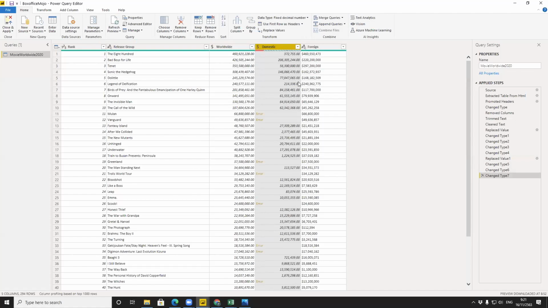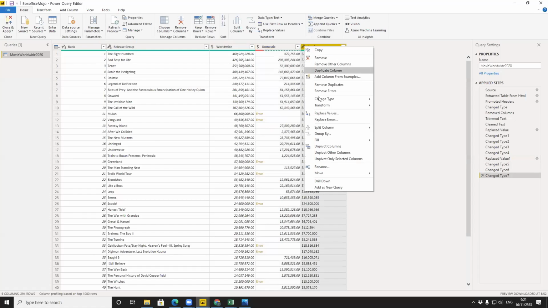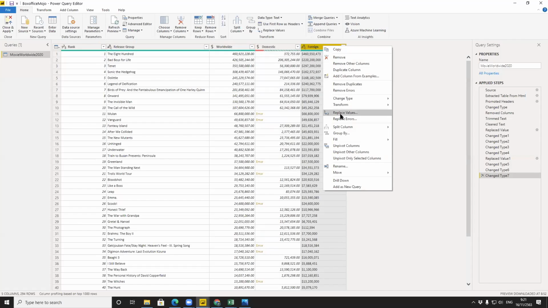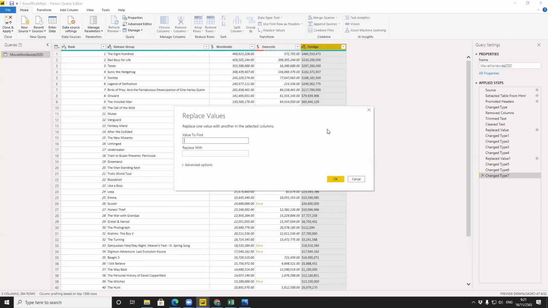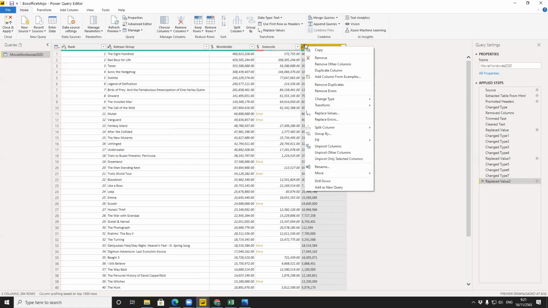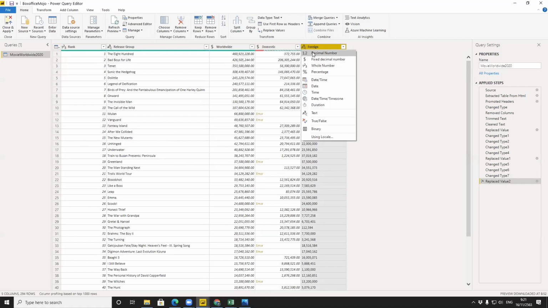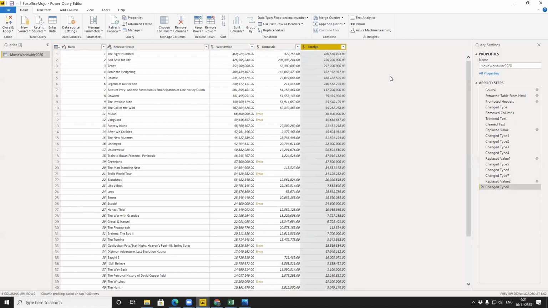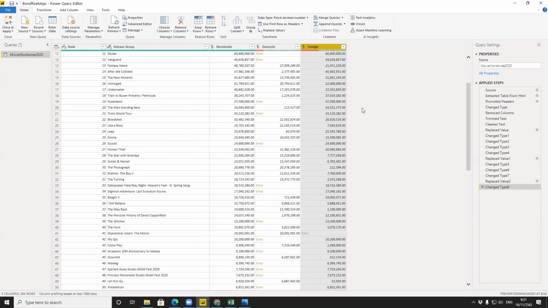Okay, this one. For the error, just leave them like that first. We'll manage it later on and do the last thing with the foreign. Replace dollar sign with nothing and then change the data type, sorry. Okay, so now